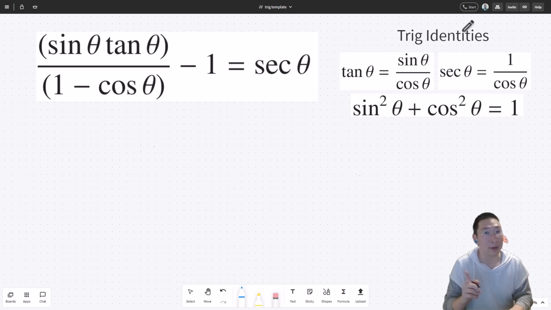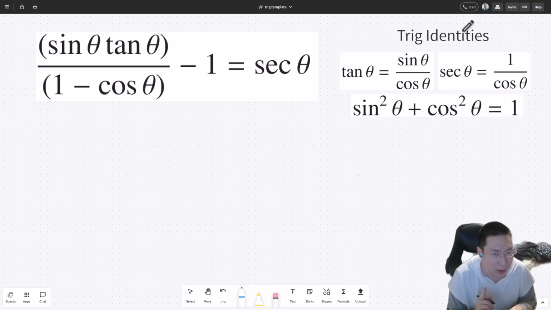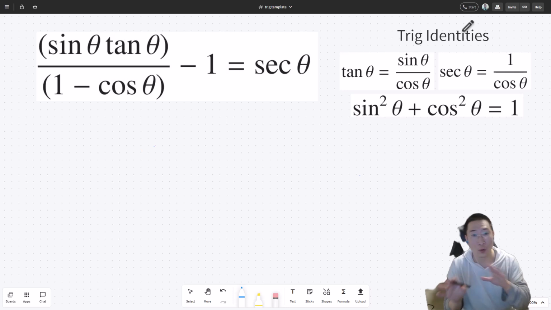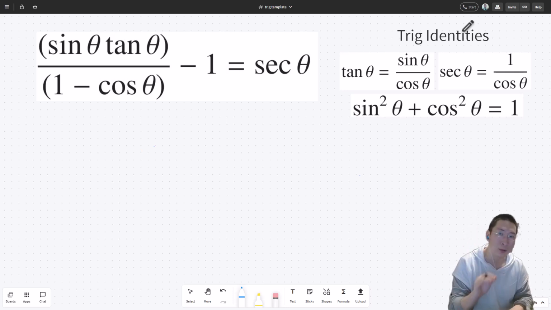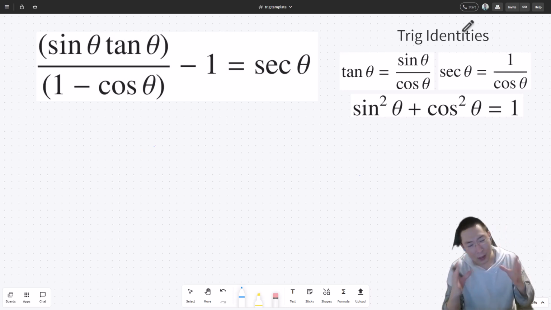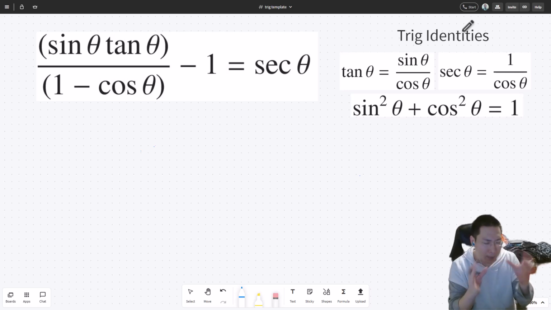Hey guys, welcome to this video, and I'm going to go over how we can solve this amazing trig identity: sine theta tan theta over 1 minus cosine theta, minus 1, is equal to secant theta. To verify, to prove this trig identity that's a little bit complex, not too complex,